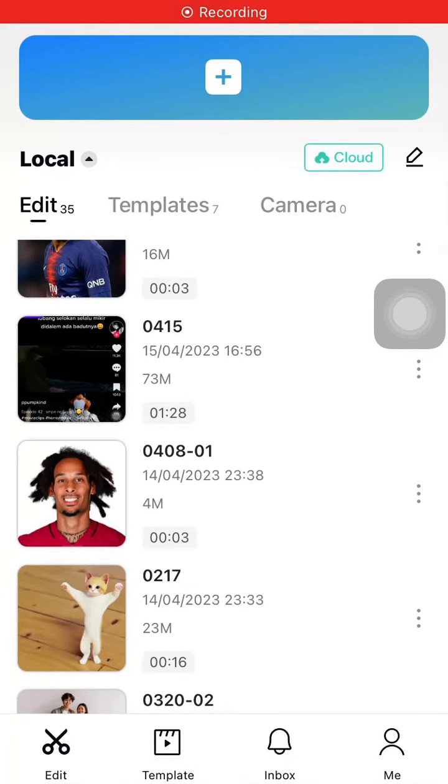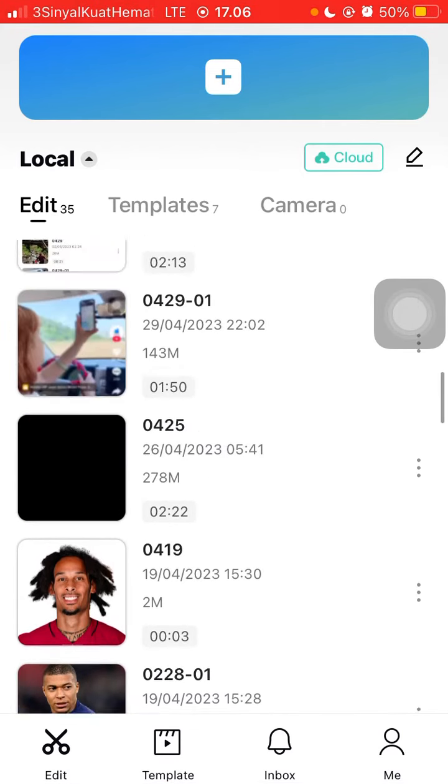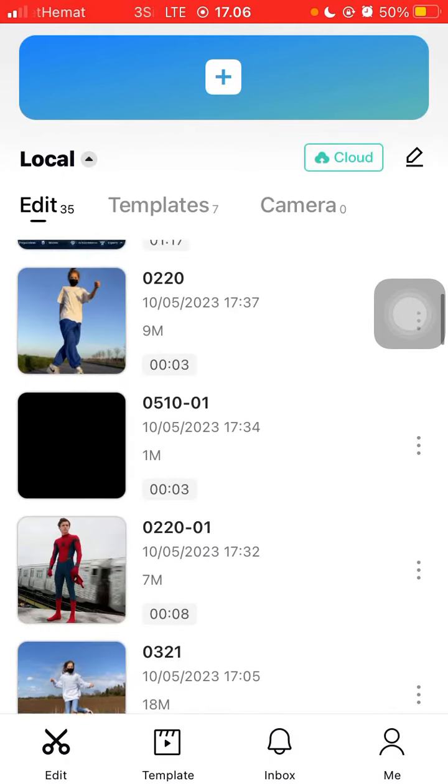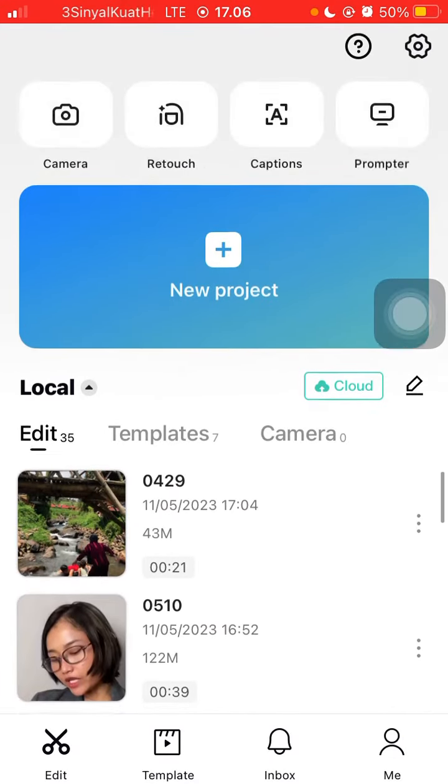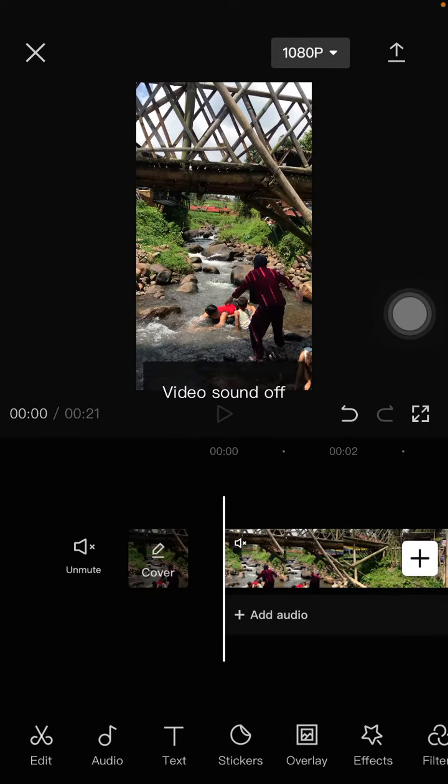Hello everyone, in this video I'm going to show you how you can create vintage effect in CapCut apps easily. So tap on your project, select your video or just photo you like to edit, and for example I'm going to select and open my project,